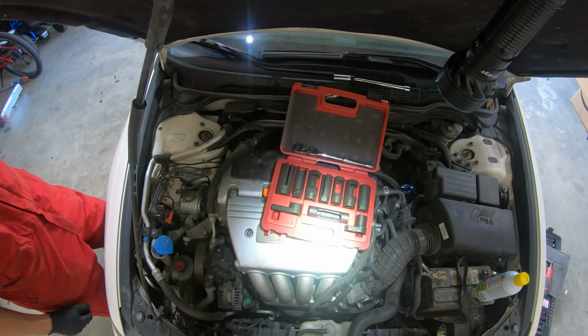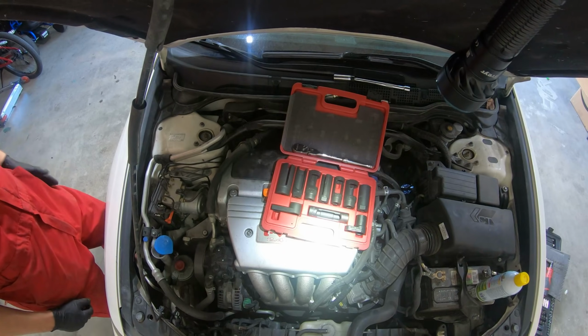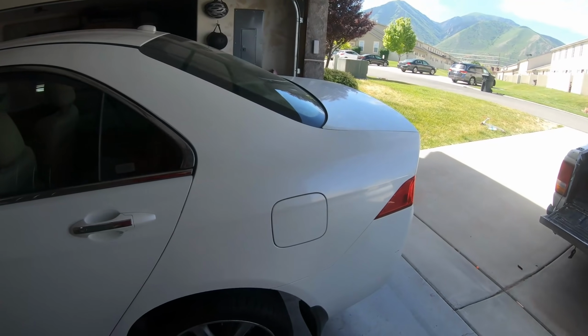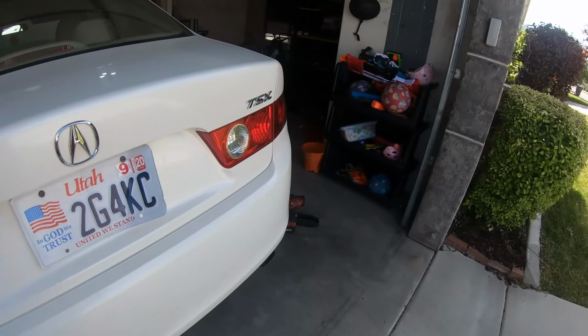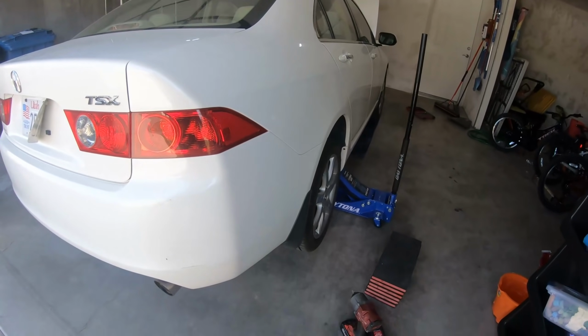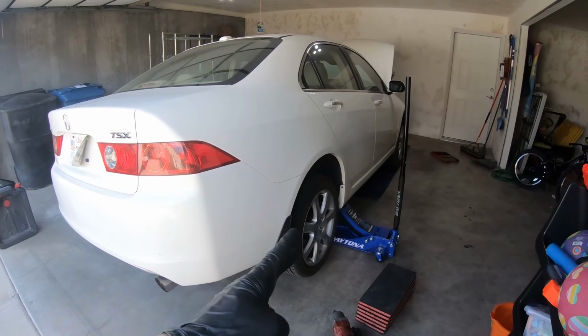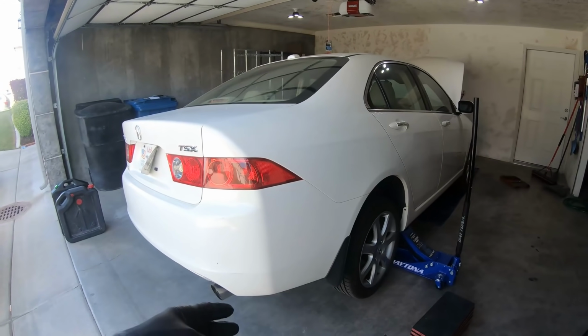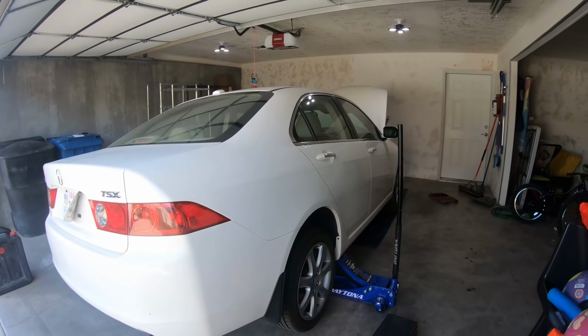I'm doing rotors as well, within less than 10 minutes on each side, so that's the plan. Well, I feel like I'm playing a game of chess here. My plan keeps adapting, and I remembered when I was going to pick up that side that I've got to bleed the brakes. So I think I'm going to start on this rear corner, before I move up to do the other side and then the front,